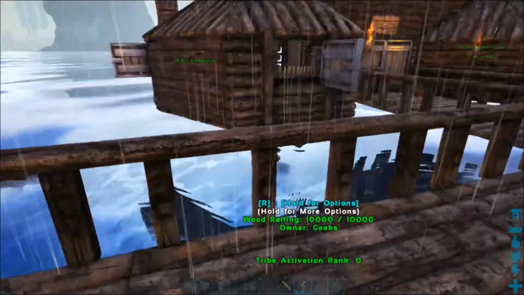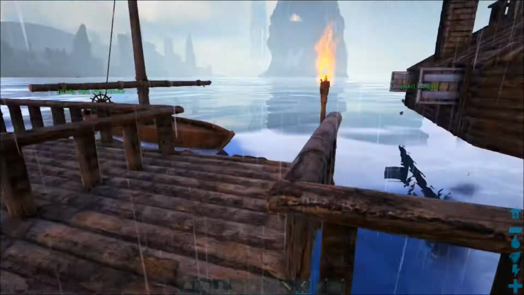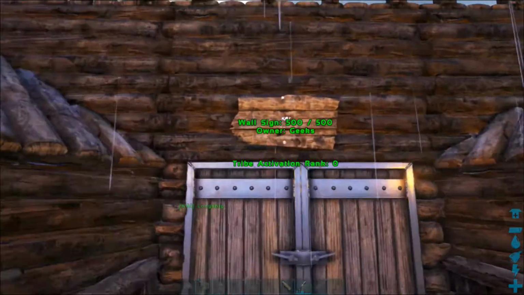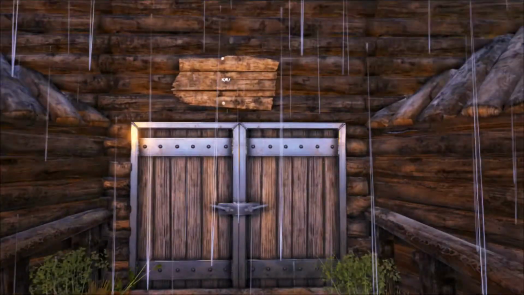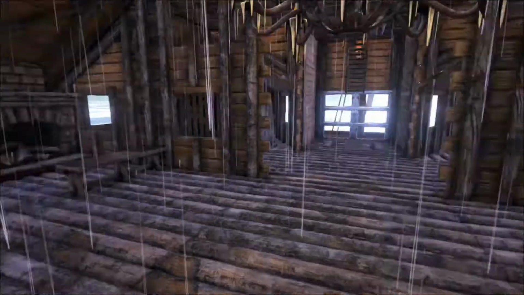So we've got this awesome walkway here, like a docking station, and we've got the decks up, and on the left hand side this is my house. As you can see, let me just turn off the HUD, and we're using a lot of different mods, eco mod, structures plus, double doors, all that good stuff. So as you come inside,